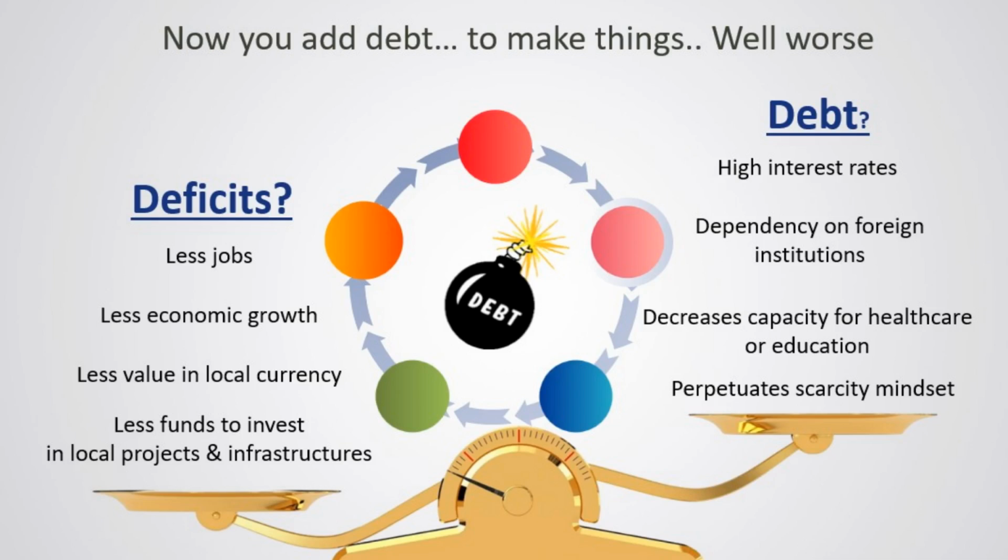That means fewer jobs. If you have a deficit, it means you are. I love Dangote's quote. He says you're importing poverty and exporting jobs, basically. So, if you have a deficit, you have fewer jobs locally, you have less economic growth. You're not able to grow, right? Because people are not producing. So then the value of your local currency drops. And so then people wonder why we have these currency challenges and volatility issues.